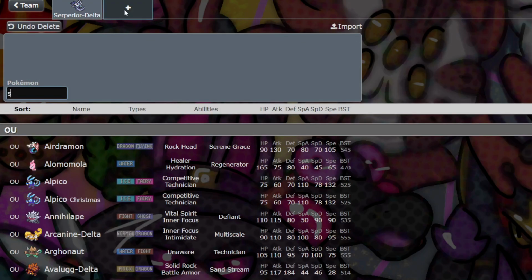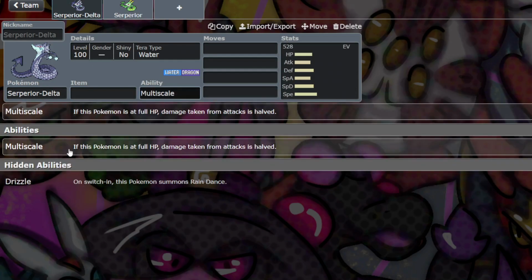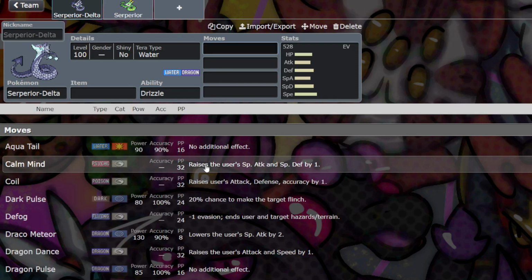But regardless, what does Delta Superior have over regular Superior? Obviously, the typing's a lot better. Water Dragon versus Grass is like night and day at this point. It's a very solid typing, and you also come with 2 very good abilities. Multi-Scale is very good, but again, doesn't really come in clutch too much. But Drizzle, that's the big one. Having a non-legendary rain setter that isn't Pelipper or Politoed is pretty solid to have,